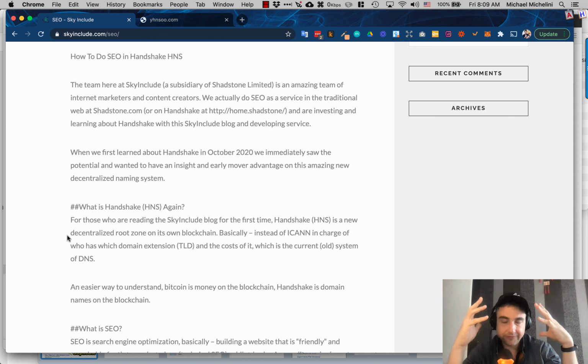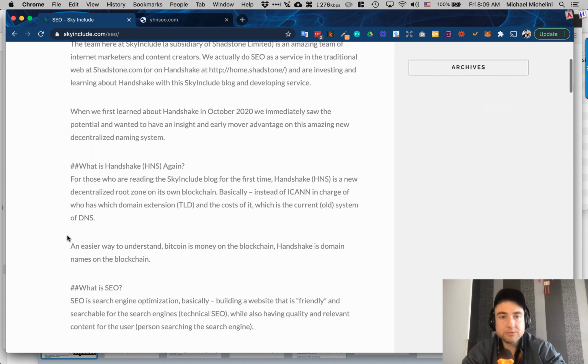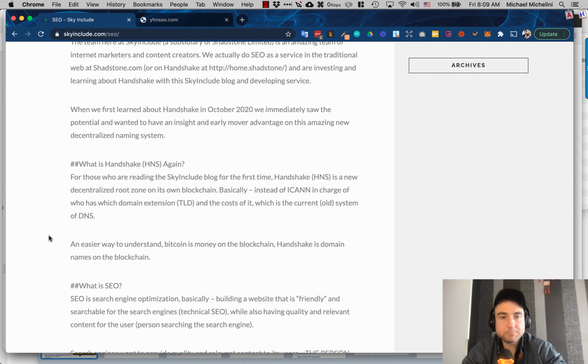Basically, it's a decentralized internet naming system, or one of them. There are a couple of others we've talked about, but we believe in this one the most. We believe it's the most decentralized option there is in naming on blockchain. We like to have true ownership of what we build, and that's what we like about it. We don't like to just rent a domain on a .com or on these other decentralized naming systems. We like to own what we have.